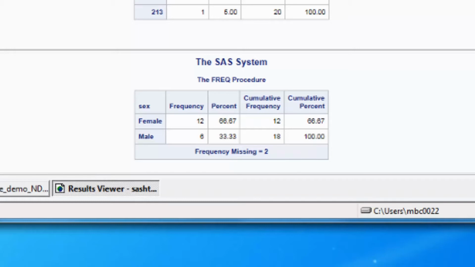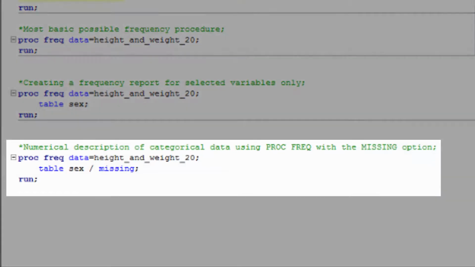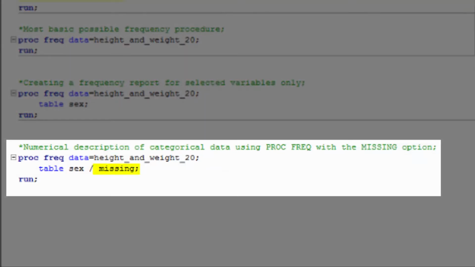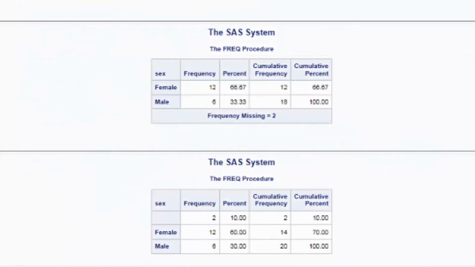For the freq procedure, you can override this default with the missing option. In this third and final frequency procedure, we add the missing option to the right of a slash in the table statement, but before the semicolon. This syntax of adding statement options after a slash is common in SAS. And now you can see that 2 people, or 10% of the sample, are missing a value for sex. You can also see that the percent for female changed from 66.67 to 60, and the percent for male changed from 33.33 to 30,